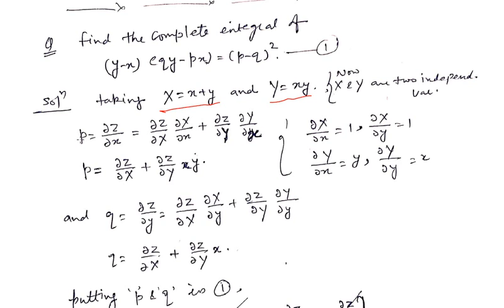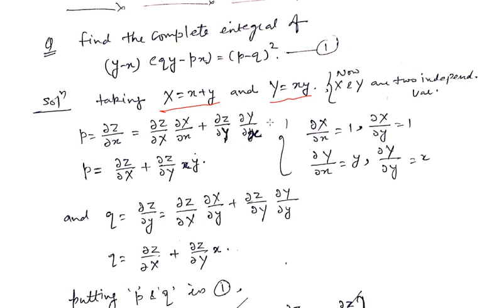So P is what? Del z upon del x. So we are to find the partial derivative of z with respect to small x: first we partially differentiate it with respect to capital X, and then we differentiate capital X with respect to small x. So del z upon del x is equals to del z upon del capital X into del capital X upon del x plus del z upon del capital Y into del capital Y upon del x,